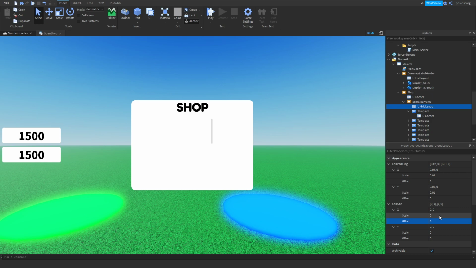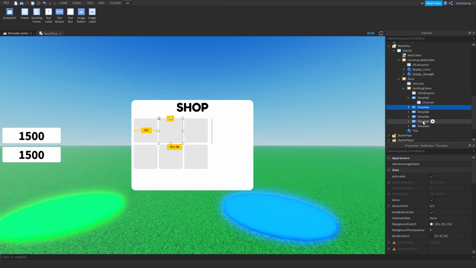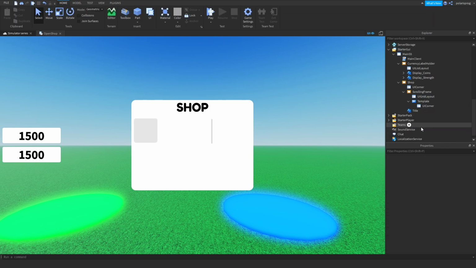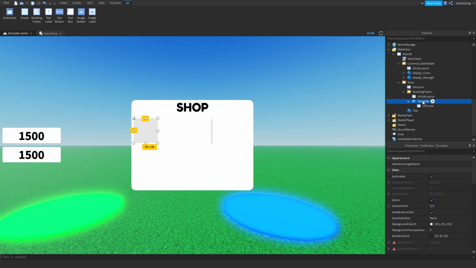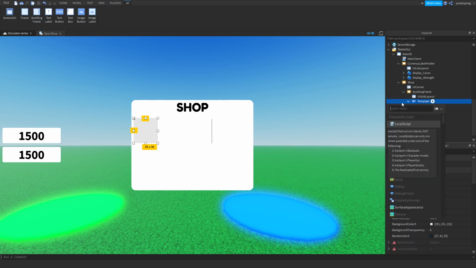So change all of the offset values to 0 and the scale to 0.5. Let's change the scale to 0.3 and this to 0.2 or 0.15 or 0.12, 0.13, and that's the perfect value, or maybe 0.135. Okay, now that's perfect. Now I'm just going to delete the old templates, and I am going to add an image label to this,